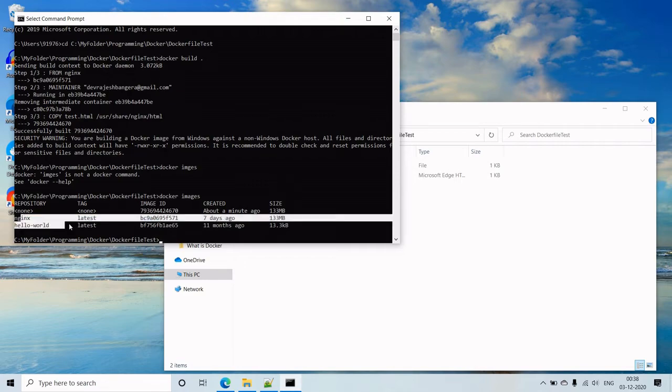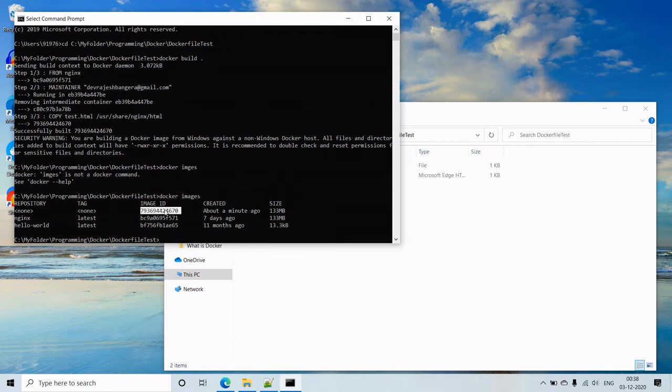Firstly, it is the Nginx image pulled from Docker Hub, and then out of this image we have created another image which contains our HTML file too, right? Now we have to run this image, the very first image.